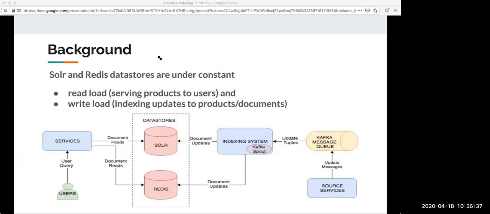In the center, we have two data stores: Solr and Redis. I'm not sure if people are aware of Solr because it's not that popular, but I am sure people are aware of Elasticsearch. It's very similar to Elasticsearch. There's a Lucene library in Java which creates search indexes, and then you can do searching on that.